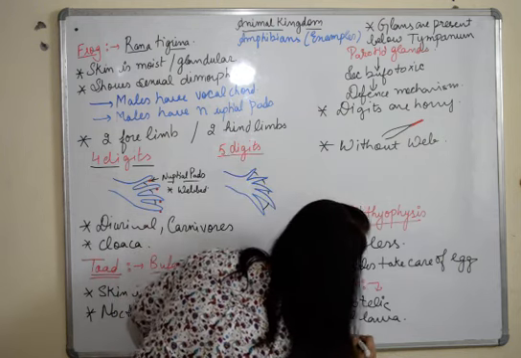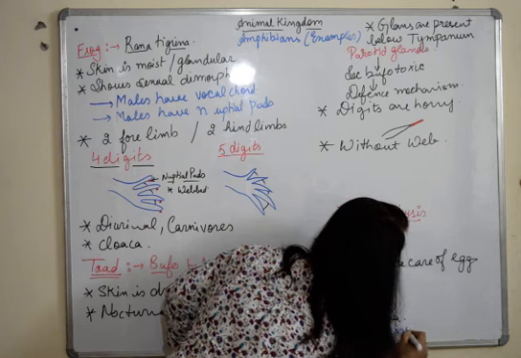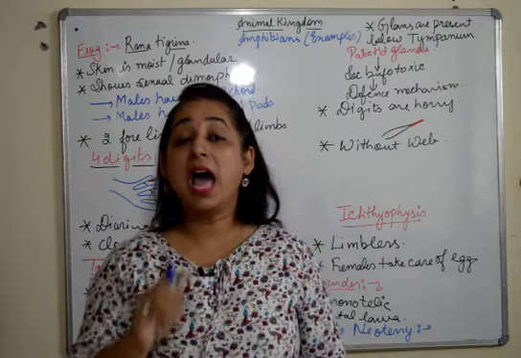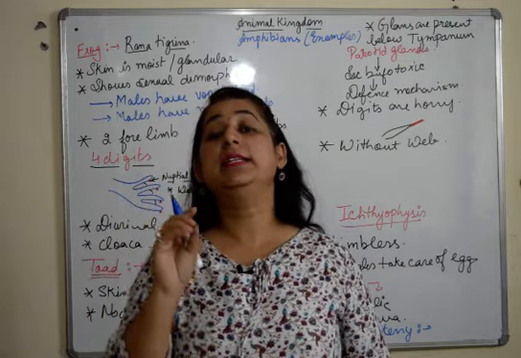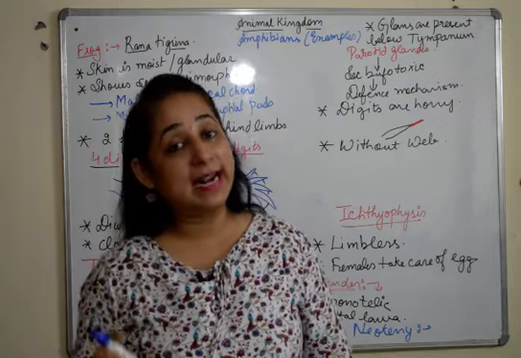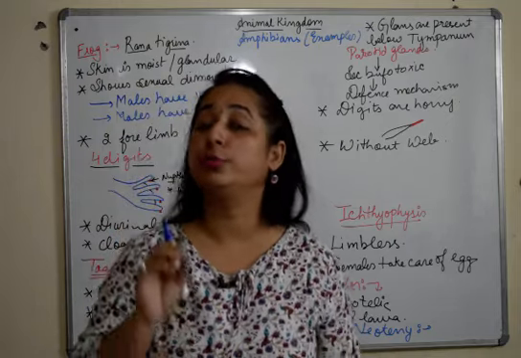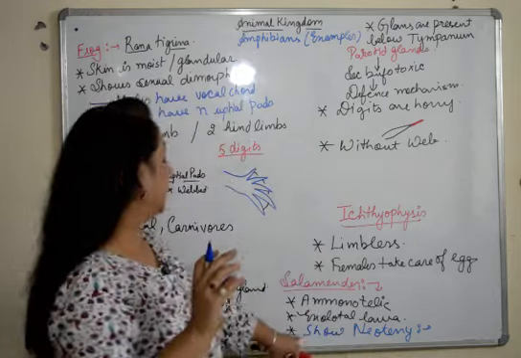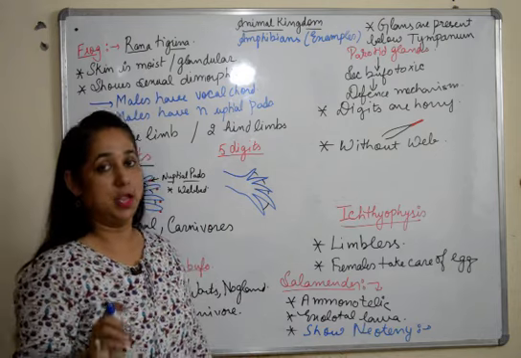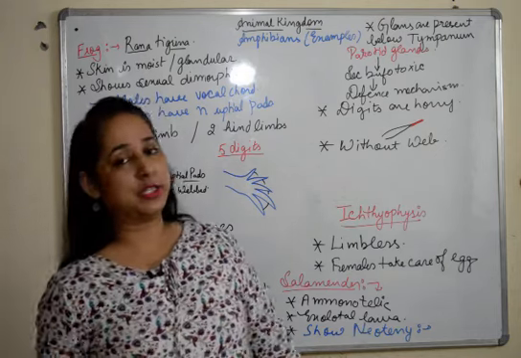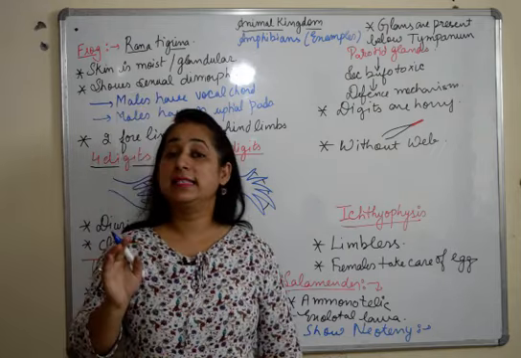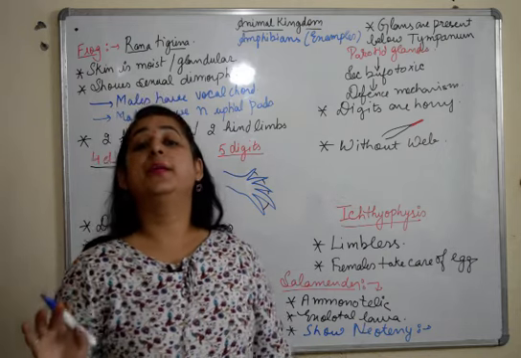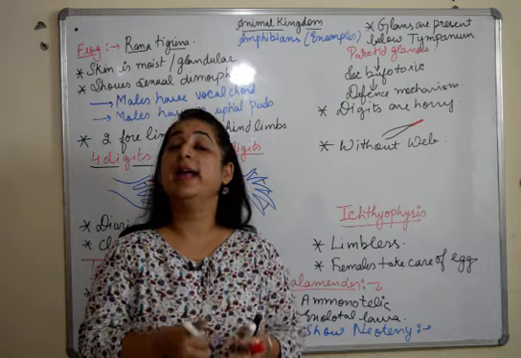One very important feature, I'll write it with a different color. They show neoteny. Very, very important. What is it? Neoteny is a feature in which the larva possesses all the sexual traits, or the larva is sexually active and can perform reproduction to produce the new organism. So the larval stage is sexually active. This condition is known as neoteny or pedogenesis. Both the terms are same. Neoteny or pedogenesis is when the larva has the sex organs present in it and is capable of reproduction, which is shown by salamander.